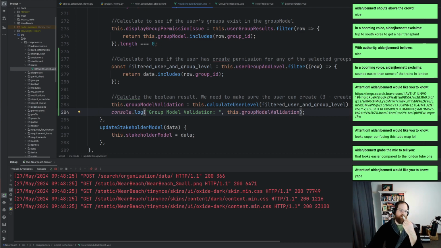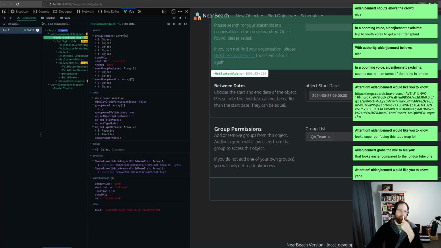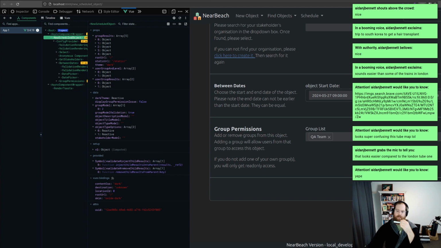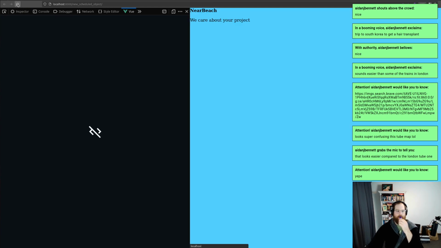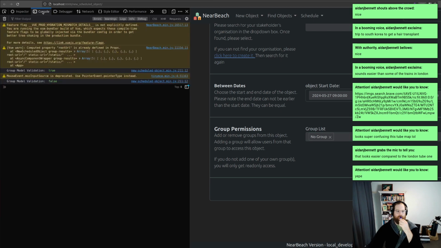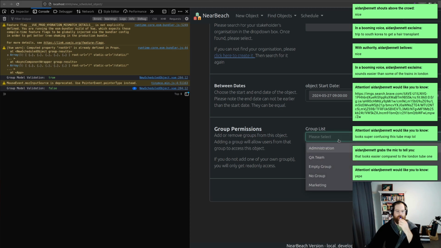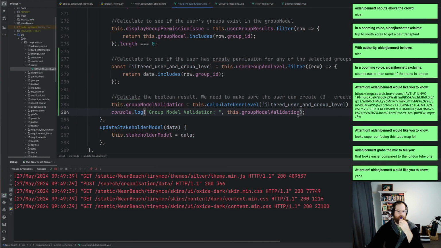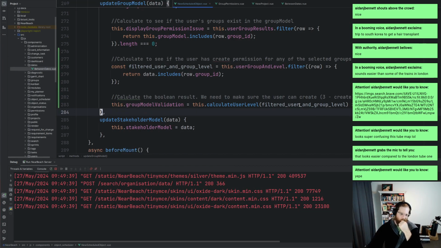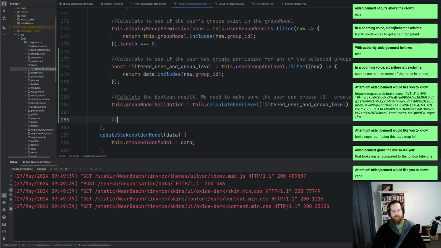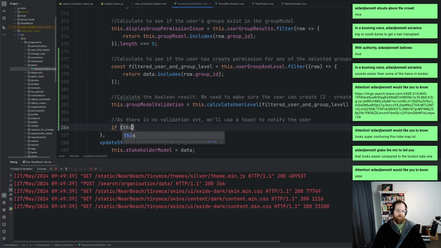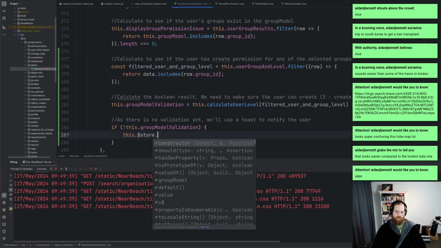All right, so we do actually have an issue. We have no way of telling the user, hey, this is going to be a validation problem. Unless I do a toast. So now it's false. Now it's still false. Now it's true. All right, cool. So as there is no validation yet, we'll use a toast to notify the user. So if this dot group, if it's false,